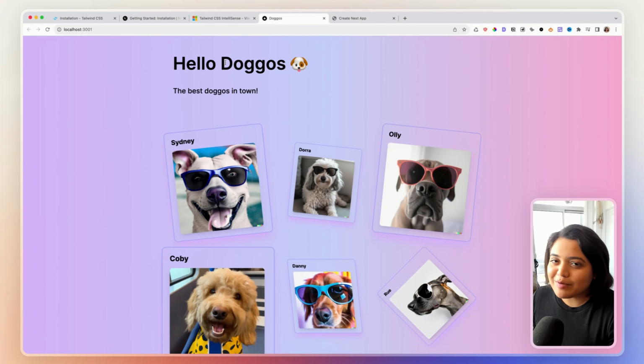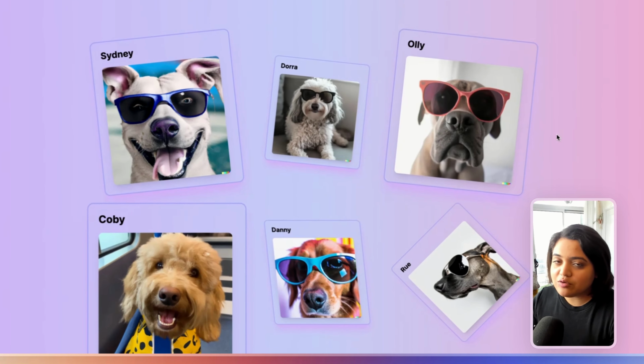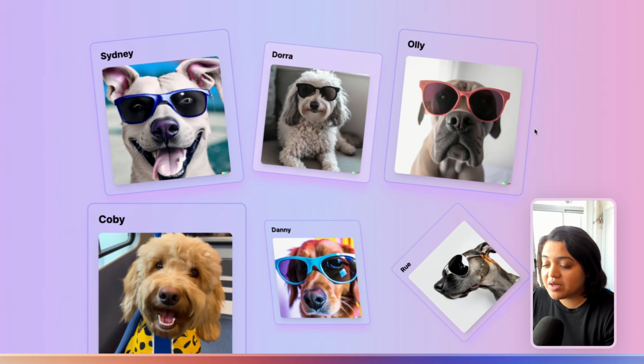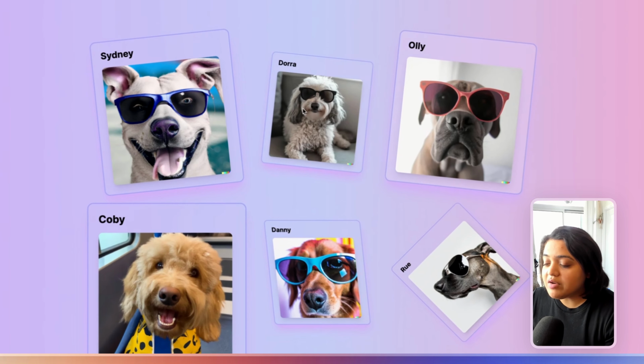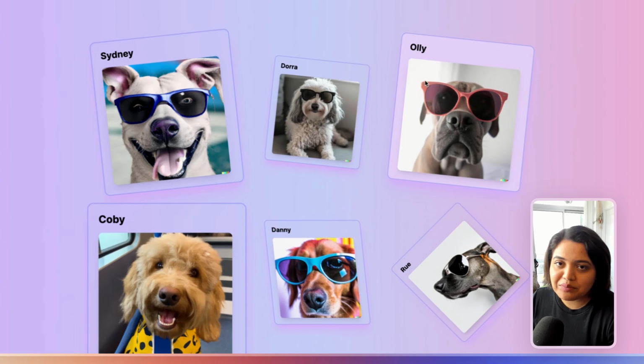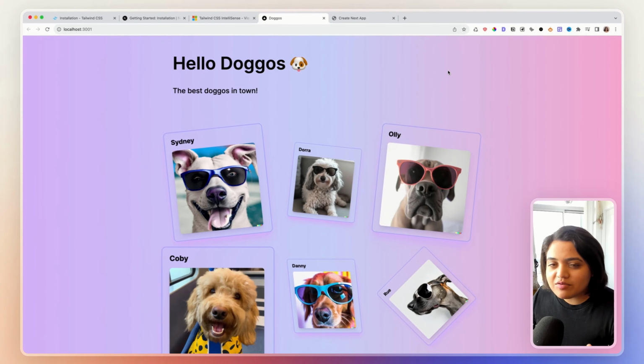Yes, we are creating a bunch of text styles, but at the same time, we have all these images of dogs, and again, you can use any images that you want here, basically styling the specific card in a different way. But when you hover over it, you can see that it's animating as well. So again, this is a very simple application that we will be building as we go along learning Tailwind in